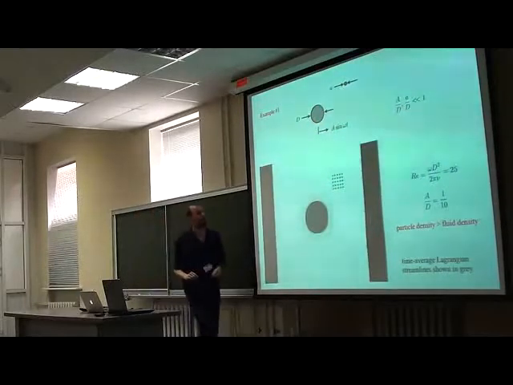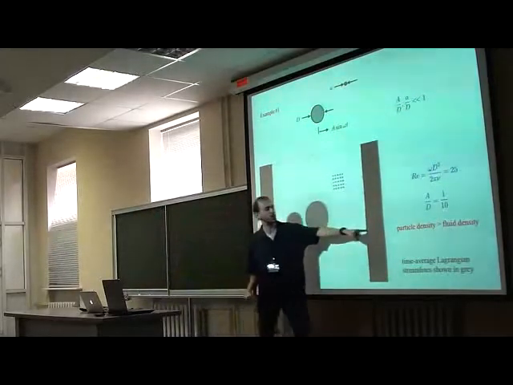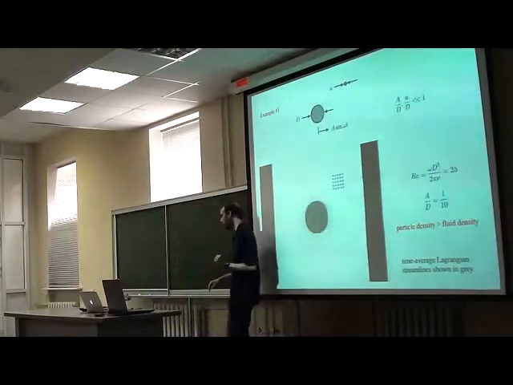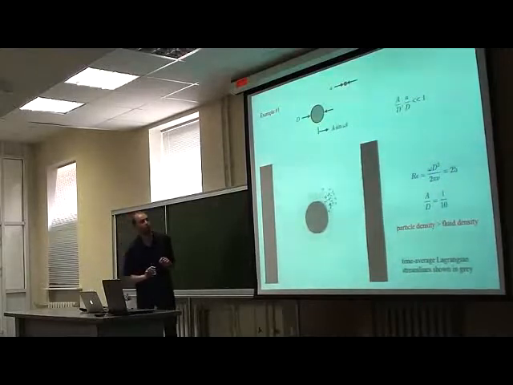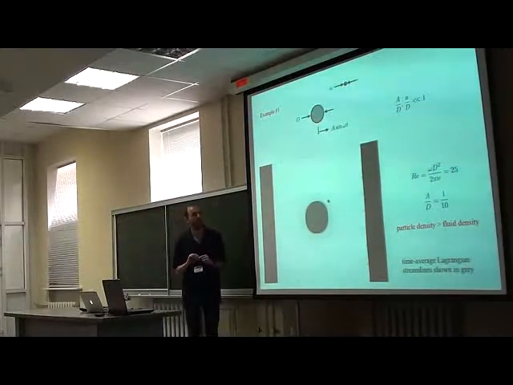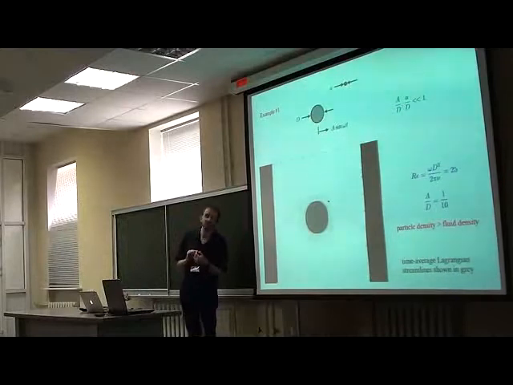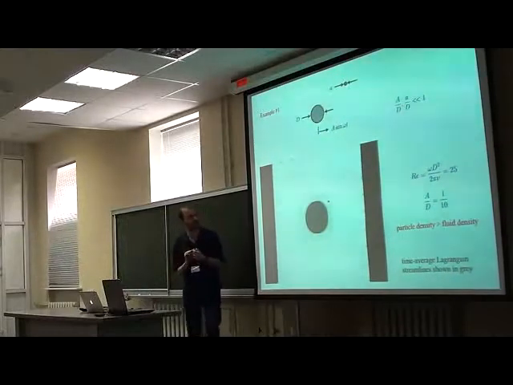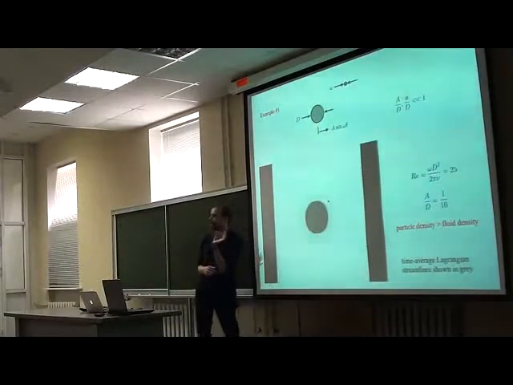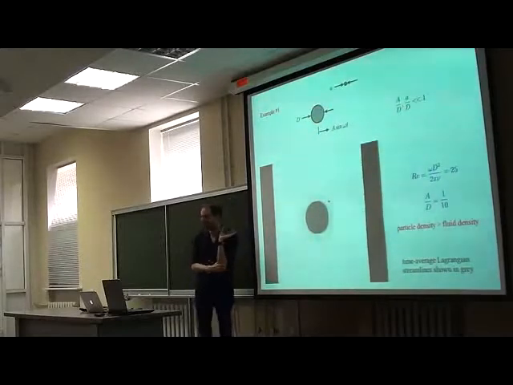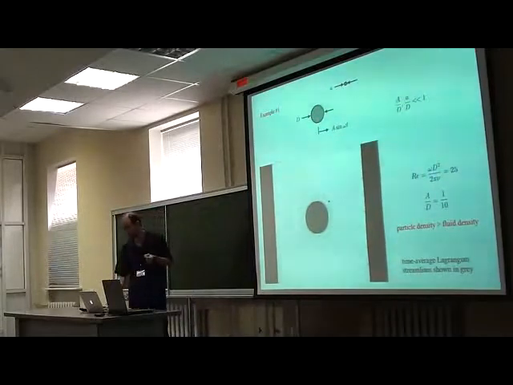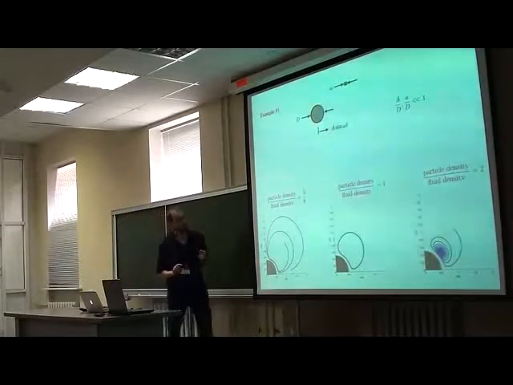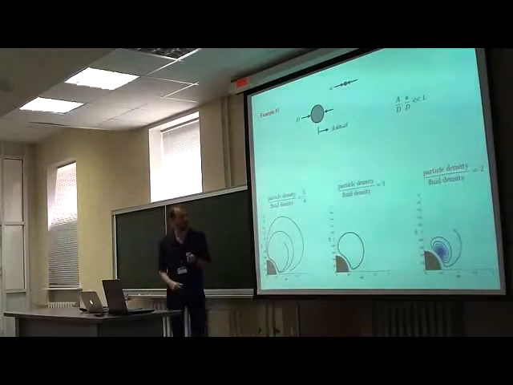So what if in that movie I replace my fluid particles with particles that are more dense than the fluid? Something interesting happens. If I have particles that are heavier than the fluid, they actually get attracted to more or less the center of that Lagrangian streaming cell. Not exactly the center. They get attracted to a point inside that center. That's sort of a critical feature if you want to be able to attract fluid particles. In fact, the reverse happens